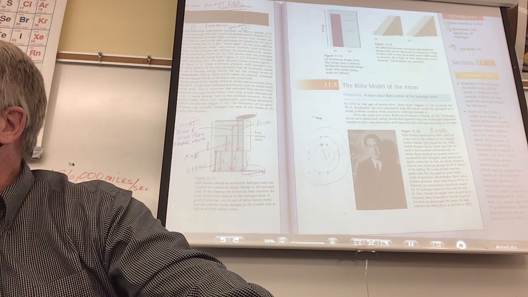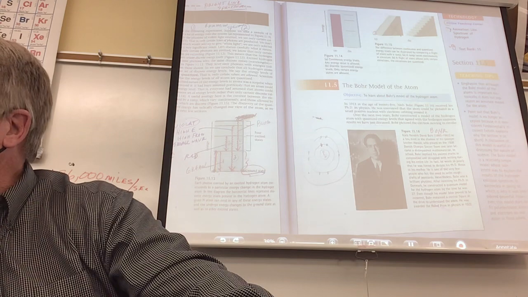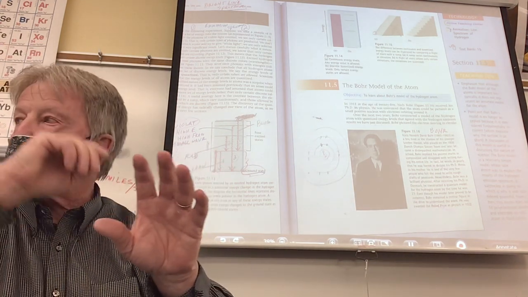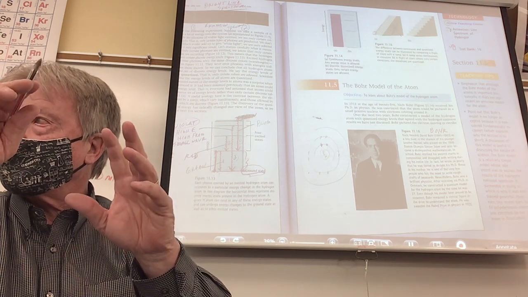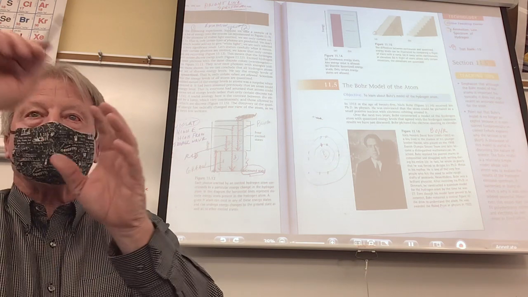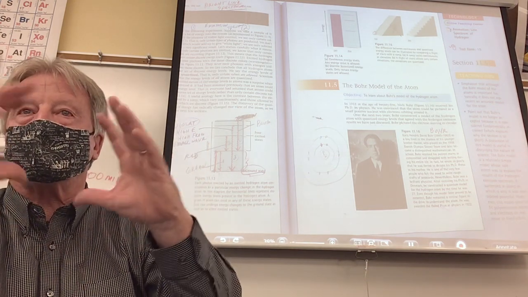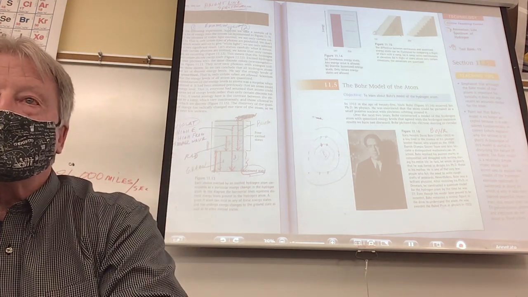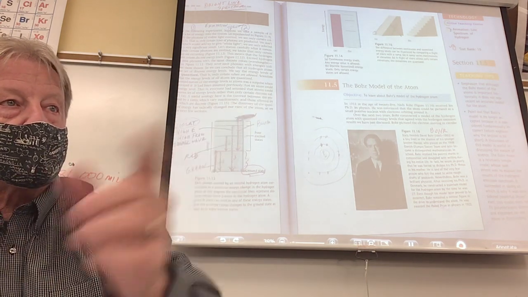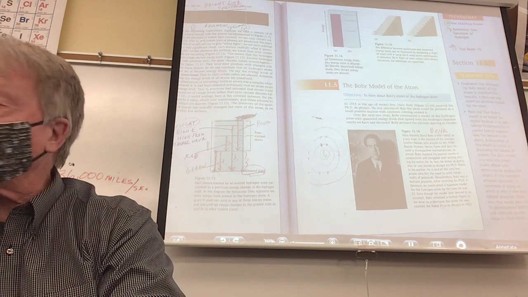You remember anything, Daniel? Did you have Miss Founds? Do you remember doing this? Do you remember how many electrons went in the first energy level at the most? Wasn't it 2? If you don't remember, I'll tell you anyway. It was 2. Does anybody know the number in the second energy level? It's a bigger energy level. Somebody said it. How many? That was close. 8. It was 8.